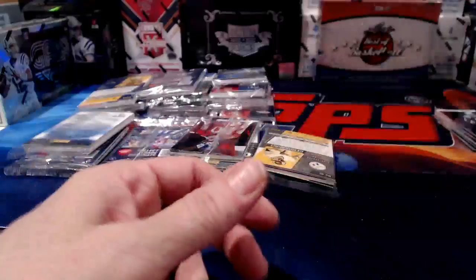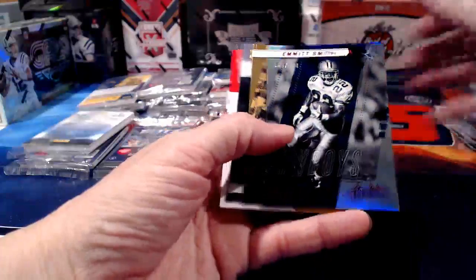That is to 25 on the Josh Reynolds. The one I'm missing, though, the one I have not pulled yet for the Steelers out of Absolute that I know is in there somewhere, is Terry Bradshaw. I'd love to pull a Terry Bradshaw for you guys tonight, or for the ones who have the Steelers anyway. That is to 100 on the Emmitt Smith,